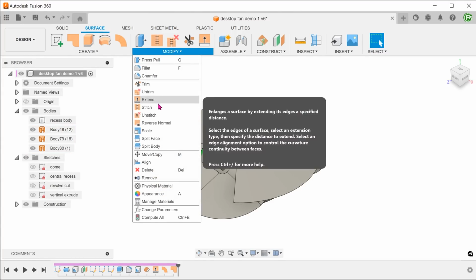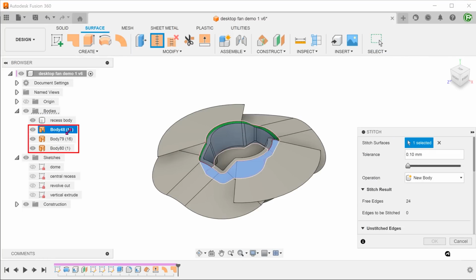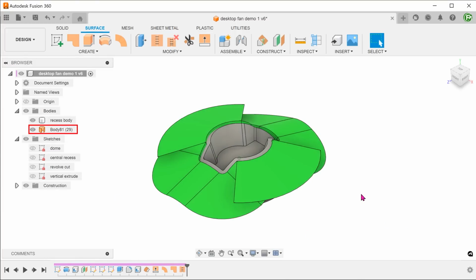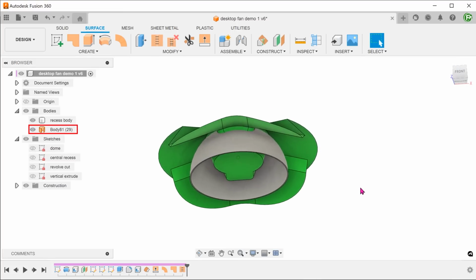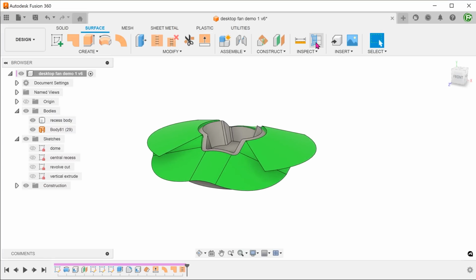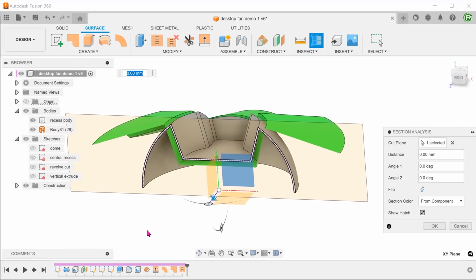Go to Modify, Stitch, and stitch them all into one single surface body. This will serve as a termination surface for the extrude.